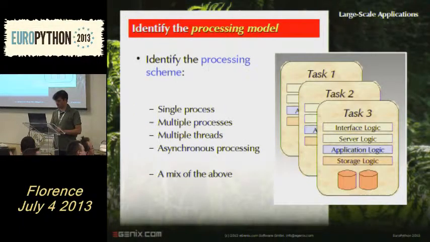Next thing is the processing model. So processing model just means, how are you going to set up your application in terms of processes. So you have a single process approach, you have multiple processes, you have multiple threads. Like in a GUI application, you typically have multiple threads. Or you have asynchronous processing, where you kick off some task, you put it into a queue somewhere, you have some worker processes working on it, and then after all the processing is done, you pick up the results again and then put them into some report and show that to the user. Plus, of course, you can mix all of this.